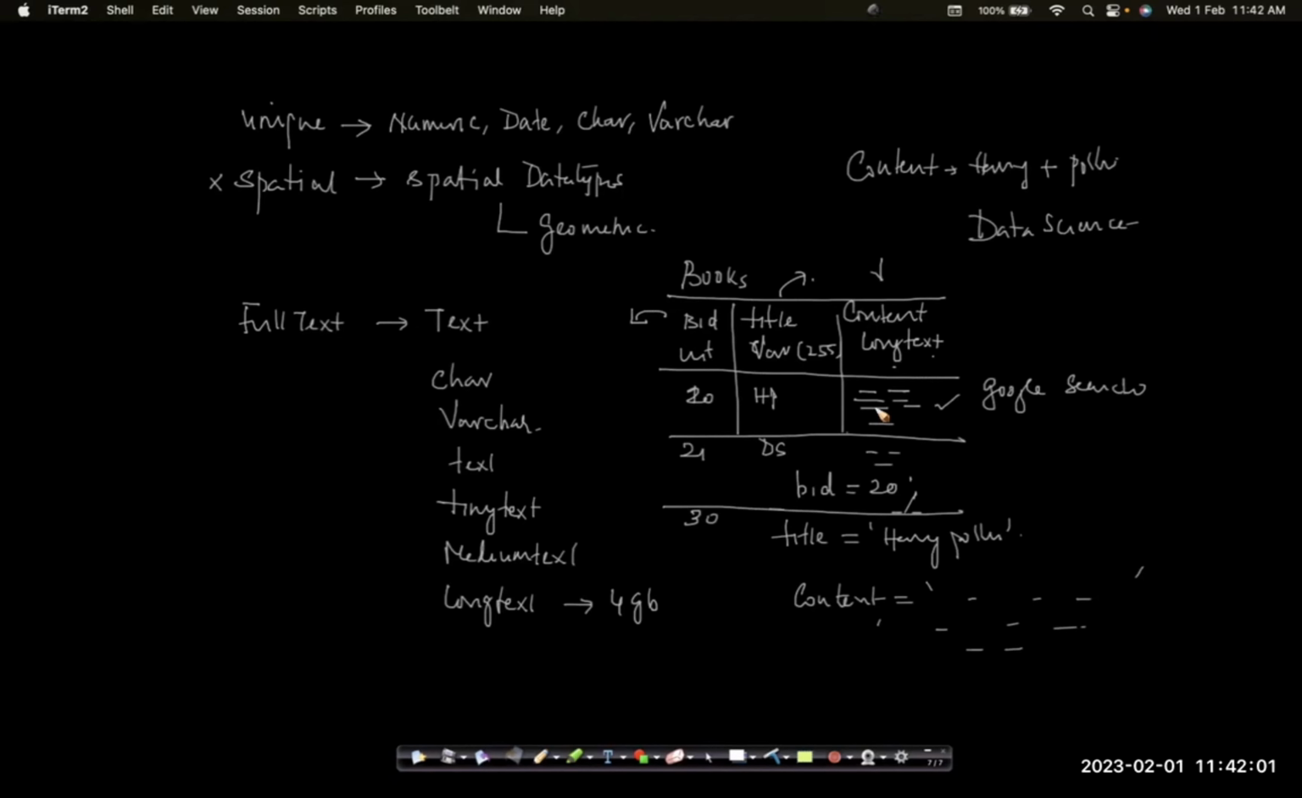So if you want this Google search kind of functionality, you can create a full text index on this column. Once you create this index, there is a function called match that is used, which is kind of similar to pattern matching, but it will give you more flexibility, right? So this also we need not go into,